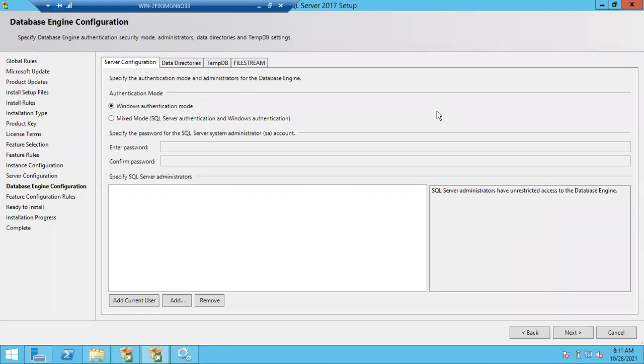But if there is an authentication, then he cannot access it. So the point here is, if you have access to the Windows machine, that doesn't mean you have access to the SQL server.